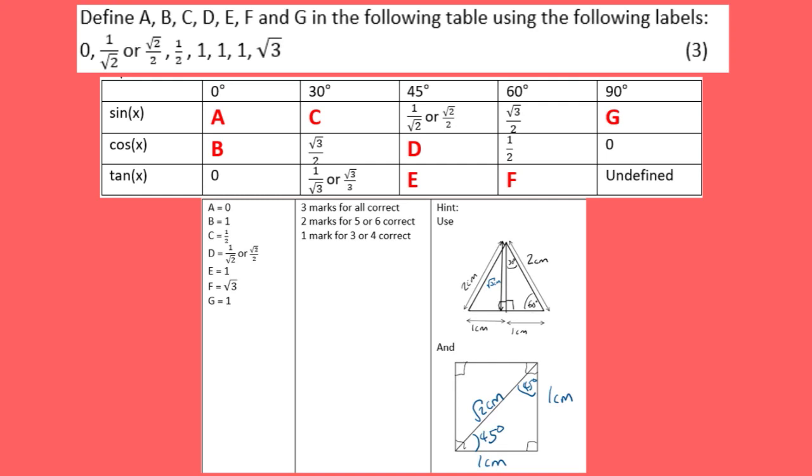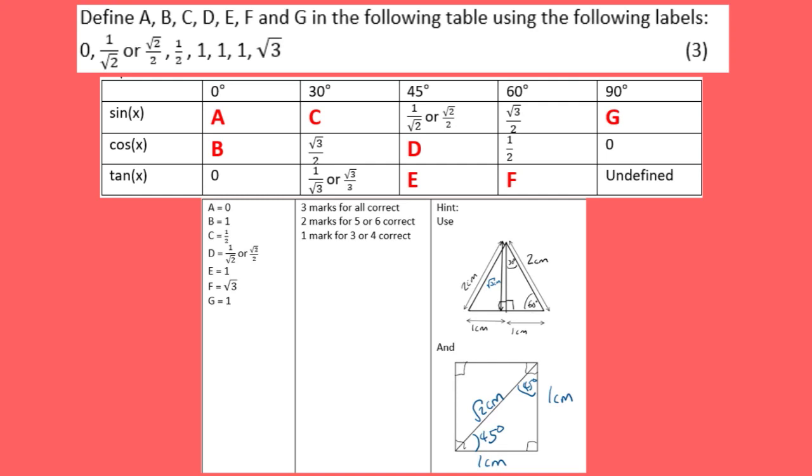The first triangle is an equilateral triangle of side length 2 centimeters, which has been broken down so that you can work out cos, sine and tan of 30 degrees and 60 degrees. You do this using their relationships. The sine is the opposite over the hypotenuse, cos is the adjacent over the hypotenuse, and tan is the opposite